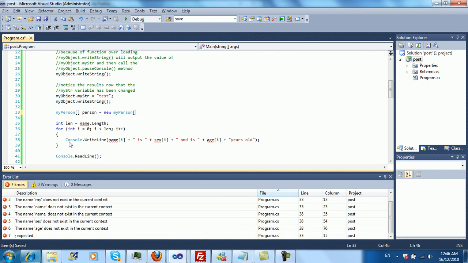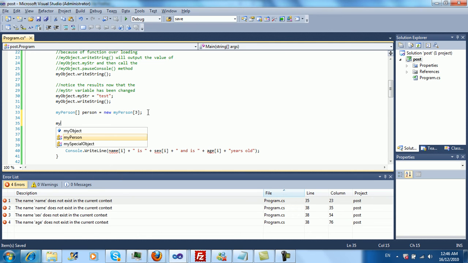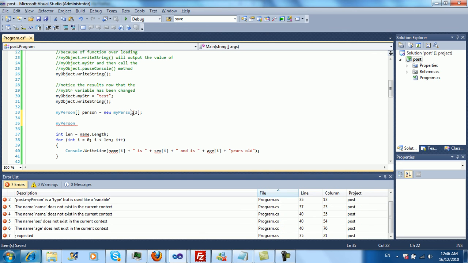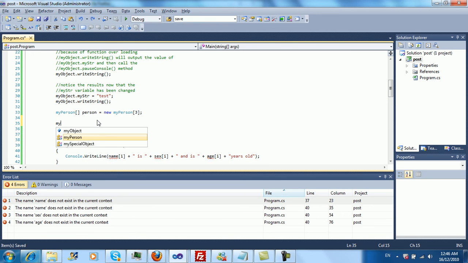Now, note that when you create the array like this, you're not actually building the object, so you still have to call the constructor, right? It's not the same as equals new MyPerson with brackets, right? It's different. So we do MyPerson 0